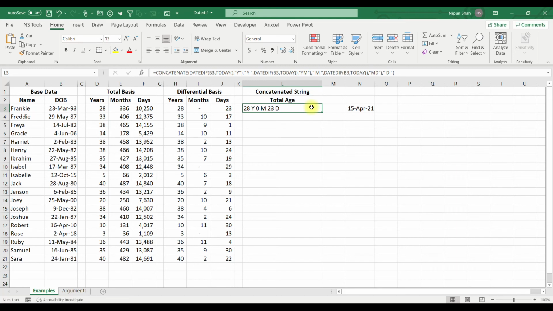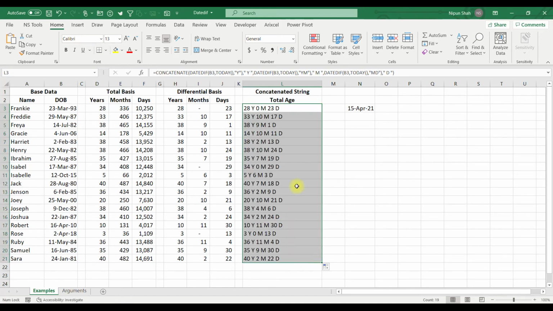Here you can see that Excel has calculated the age as 28 years, 0 months and 23 days. Now drag the formula and the age is calculated.